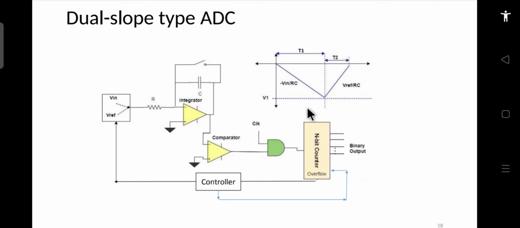So the integration slope will be positive, okay, and this counter will now be plus 1. If this is plus 1, then the output of the comparator will be 0, and therefore you see the output of the AND gate will be 0. So in this case the counter will start counting in the downward direction. So this is an up down counter, as I have told you.